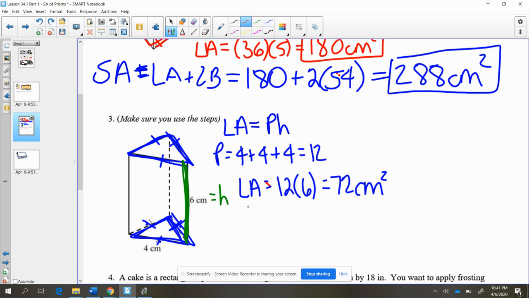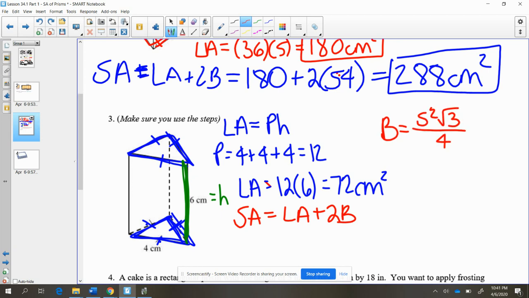Now, total surface area requires us not only to have that lateral area, but also know the area of our bases, because we have to add those in now. So going back to the bell ringer, the area of the base in this case is going to be found by taking side squared times the square root of 3, all divided by 4, where the side of this equilateral triangle is going to be 4. So if we plug this in, we get 4 squared, square root 3, all divided by 4. And if we round to the nearest tenth, we should get about 6.9